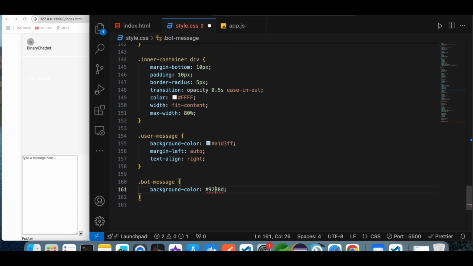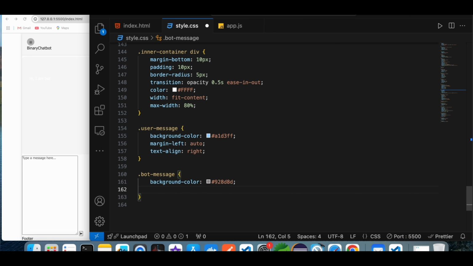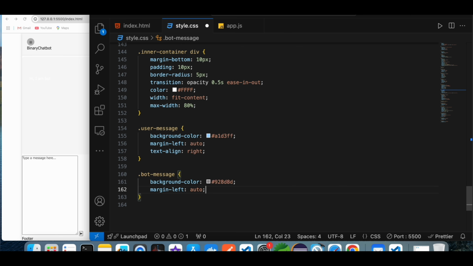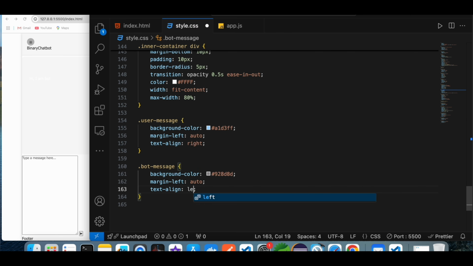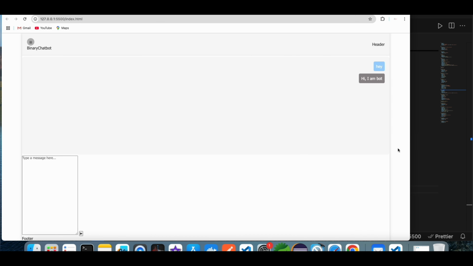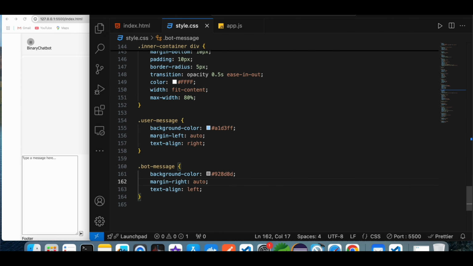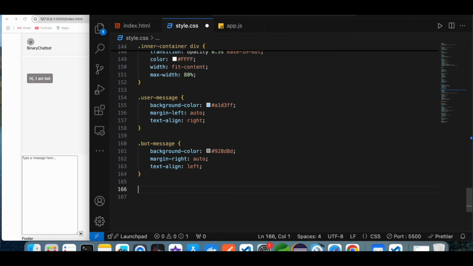and second one is the margin right auto, text align I want left, but still it is visible on the left because of this margin right here. So for user and bot have a different margin, right and left. Okay,